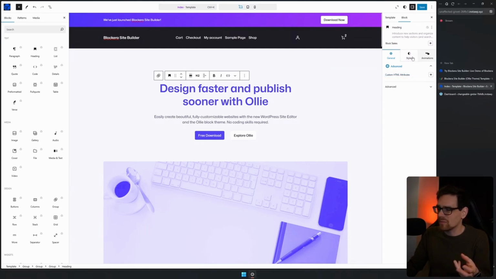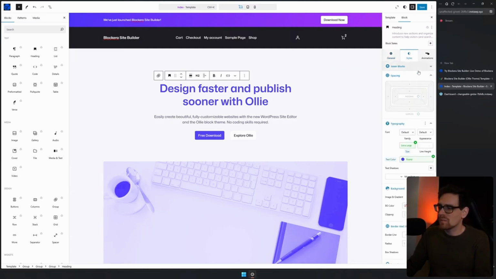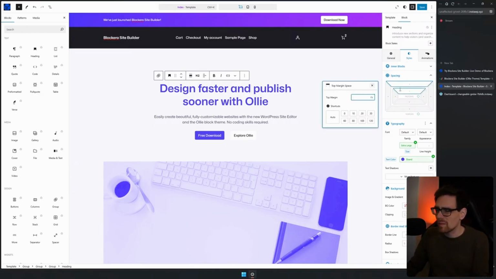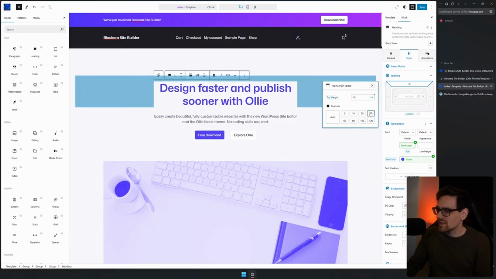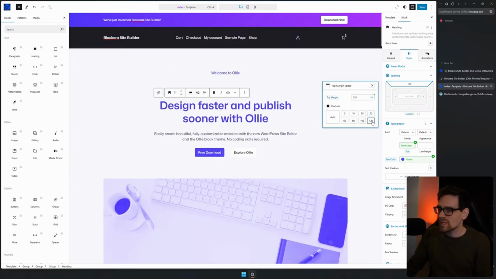And as you can see, it is also highlighted that there's something set. But all right, this is fun and all, but we want to make sure that we can make changes to our settings right here. Let's go to our padding, and as you can see, this looks very similar to something like Webflow or that sort of thing. And you can type in what kind of margin you want in there, and there's even shortcuts and an easier way to set those up. So if you want 30 padding or a padding of 120,